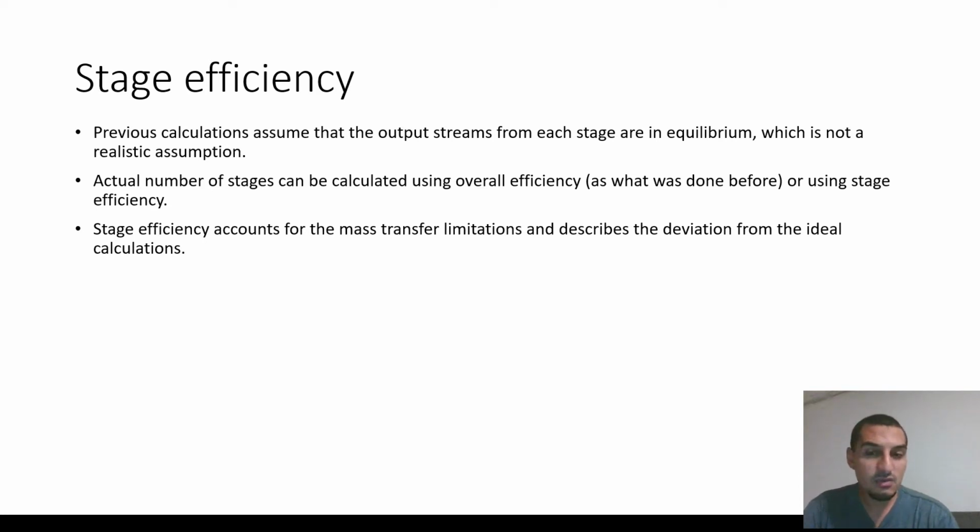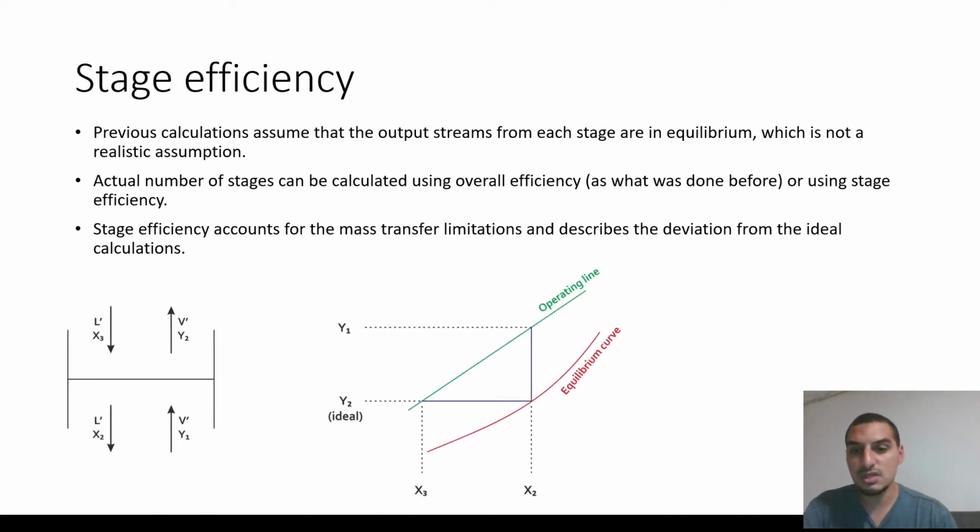And to understand how we will do this, we need to revise quickly what we did and how we can take the efficiency into account while counting the number of stages. So this is stage number 2, for instance, and it has the vapor coming out of stage number 1, which has Y1, the mole ratio of the solute, and